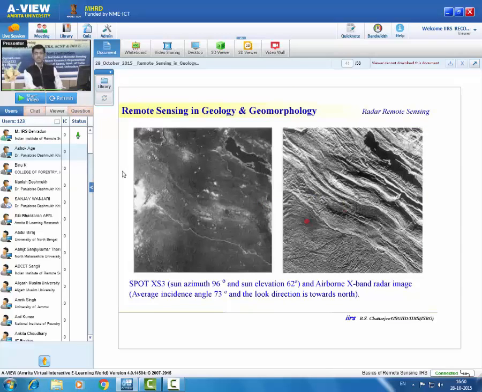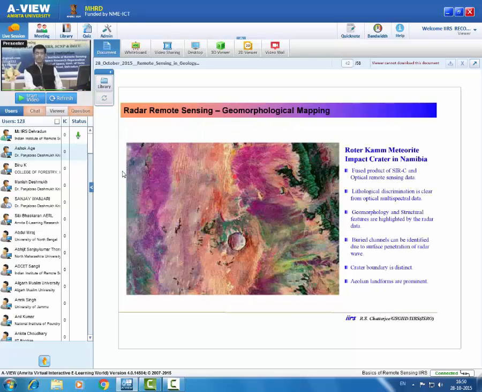Now if you see the geological structure, you see one optical image we have used here for the same area and one radar image. See, in optical image, geological structure is not very clear, but if you use the radar image, geological structures are very clear here. Here we have merged optical image with radar image. Now you see, after merging radar image with optical image, what is the beauty of this hybrid image or merged image? You see here,